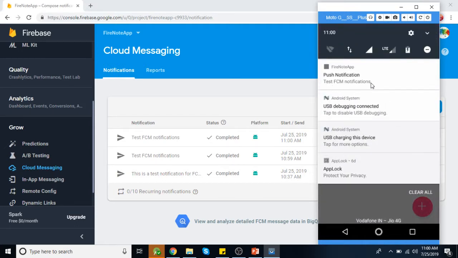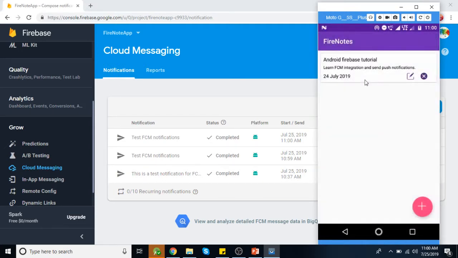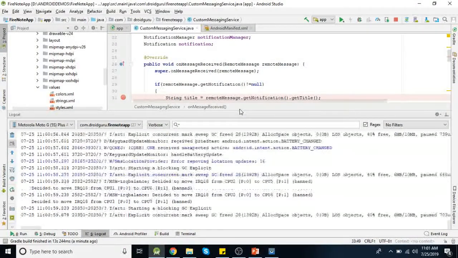Okay. When you click on that notification, it will clear from here automatically because we already set flag there auto cancel.